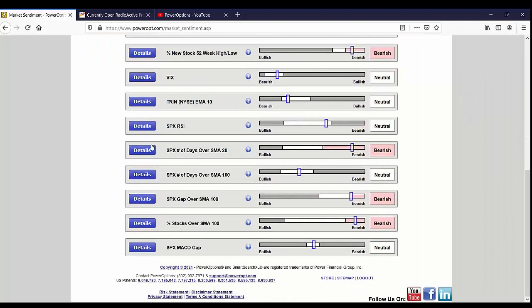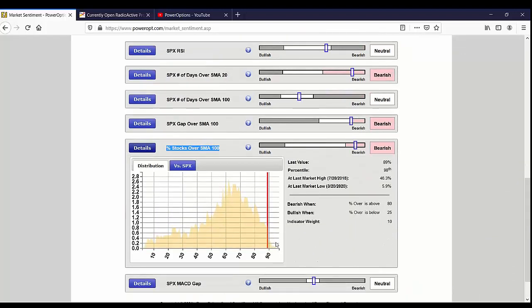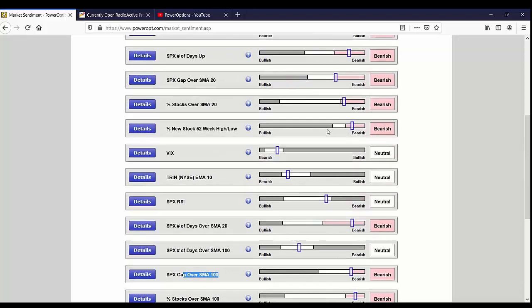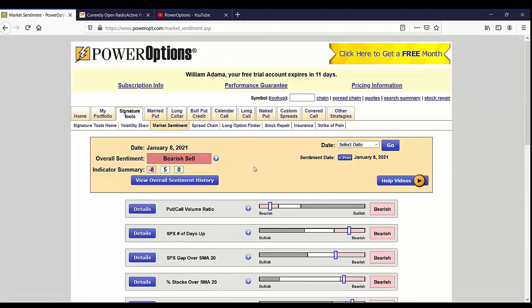Something I've been paying attention to. So here's the other one. The gap over the SMA 100 and the percentage of stocks over their SMA 100, they're all in that extreme of their histograms where they tend not to go further. And how do you get back to the norm of stocks over their SMA 100? The gap over the SMA, well, it retraces. It pulls back, okay? So to your question directly, I don't know if it's going to affect the married put positions